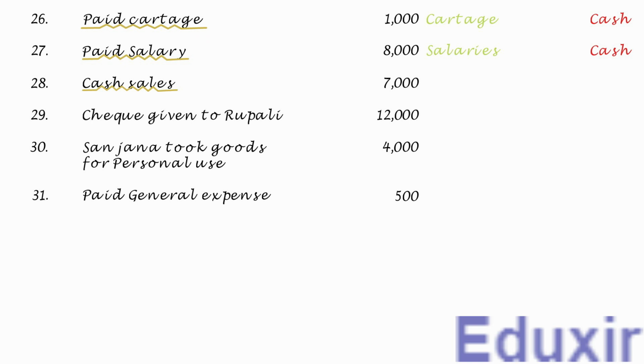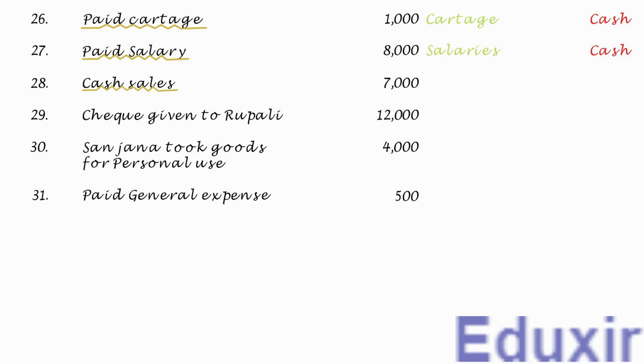As we have already discussed, this is my favorite transaction, as the wording of the transaction itself is in the order of debit and credit. So, by seeing the name itself, you can easily tell that the cash is the debit and the sale is the credit. Anyway, let us proceed with the analysis of this transaction for the sake of doing it.